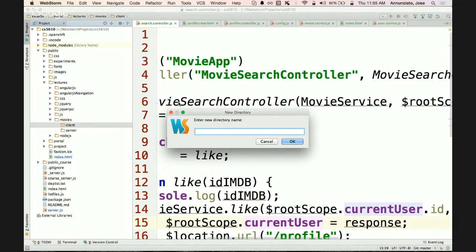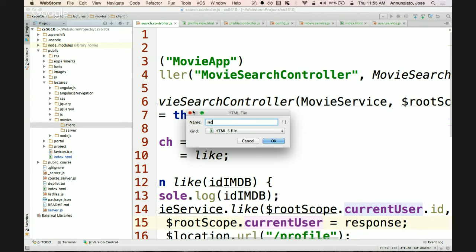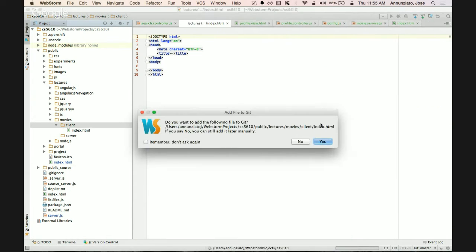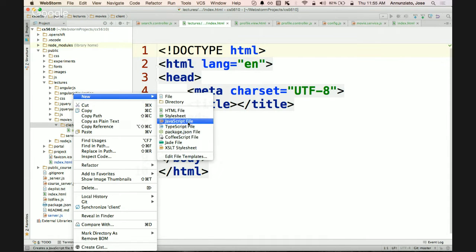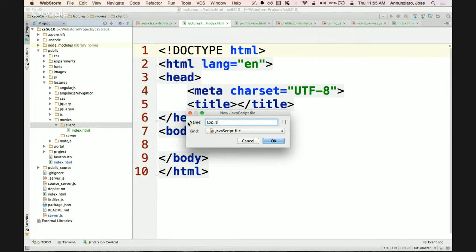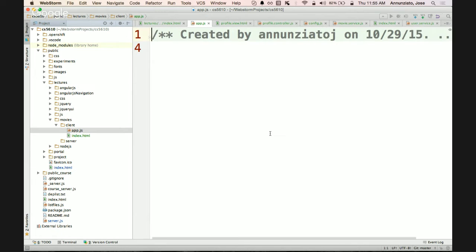So let's start off by creating here the first HTML. So we'll have index.html here. Okay, so in here you'll load all your libraries, your AngularJS, your Bootstrap CSS, right? You load that, and we've done that already quite a few times. You'll have here also the top level JavaScript, the one that's going to declare your application. It's going to declare the top level module, any dependencies that it might have on other modules, and then you'll have here